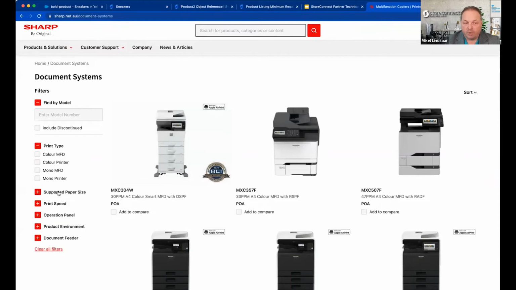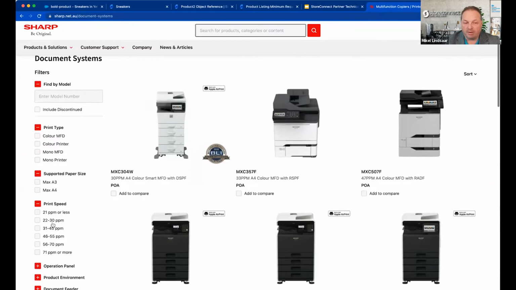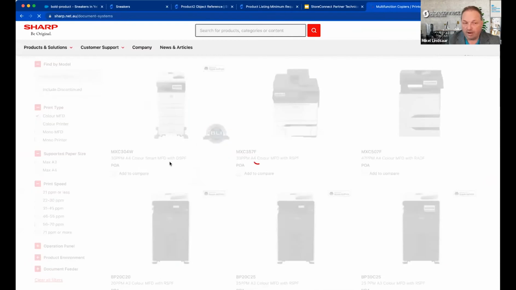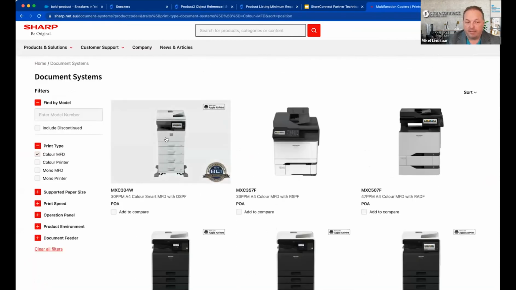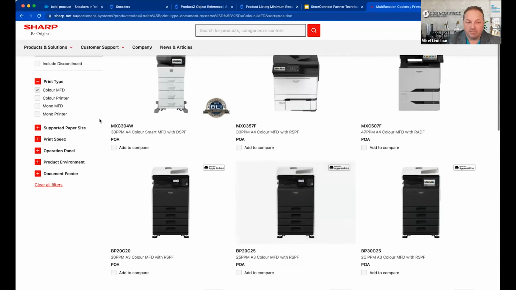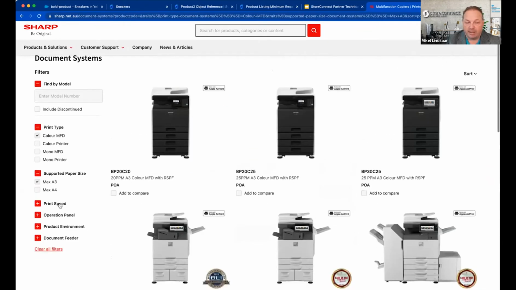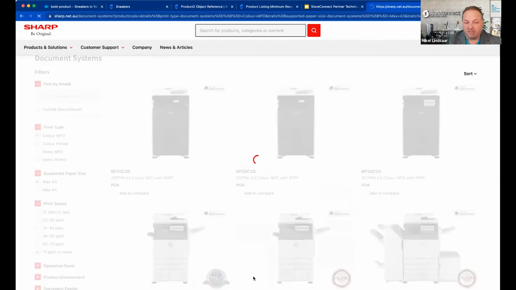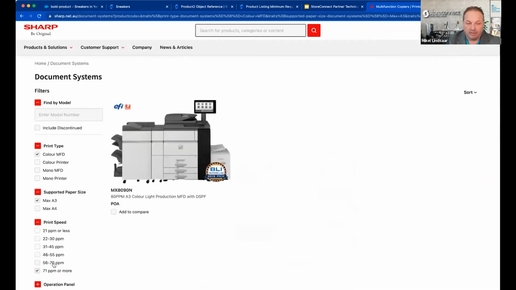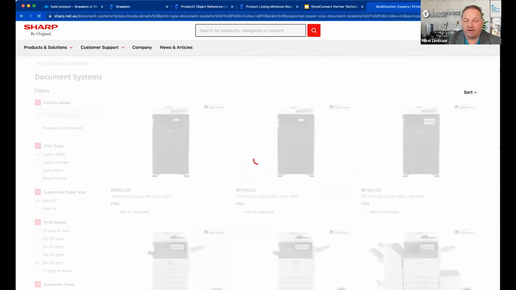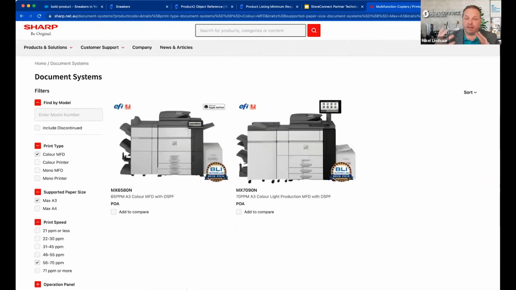So we have all of these types, trait categories, print type, supported paper, with all the different trait values in here. So we'll go color MFD, and this will limit that selection to just the ones that are able to do A3 and a color MFD and do more than 71 pages per minute, right? So this all is pulled out of that same trait information within the product and allows you to do those